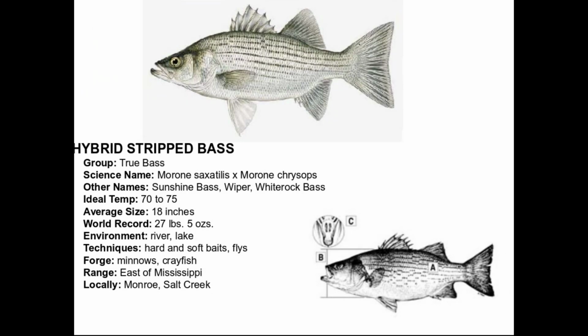Or you could go down to Lake Monroe and fish for a hybrid striped bass. Now, this fish has an interesting story. Years ago, shortly after Lake Monroe was built, remember how I said that Lake Monroe was targeted to be developed as a world-class largemouth bass fishery? And it was. But there were some individuals about 3 or 4 years after the lake was built and stocked that felt that